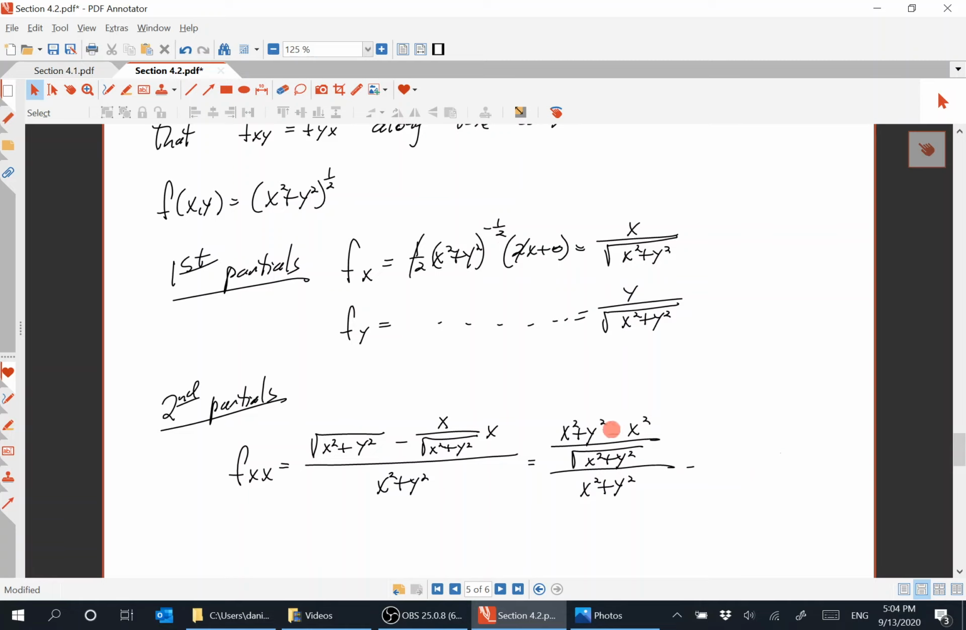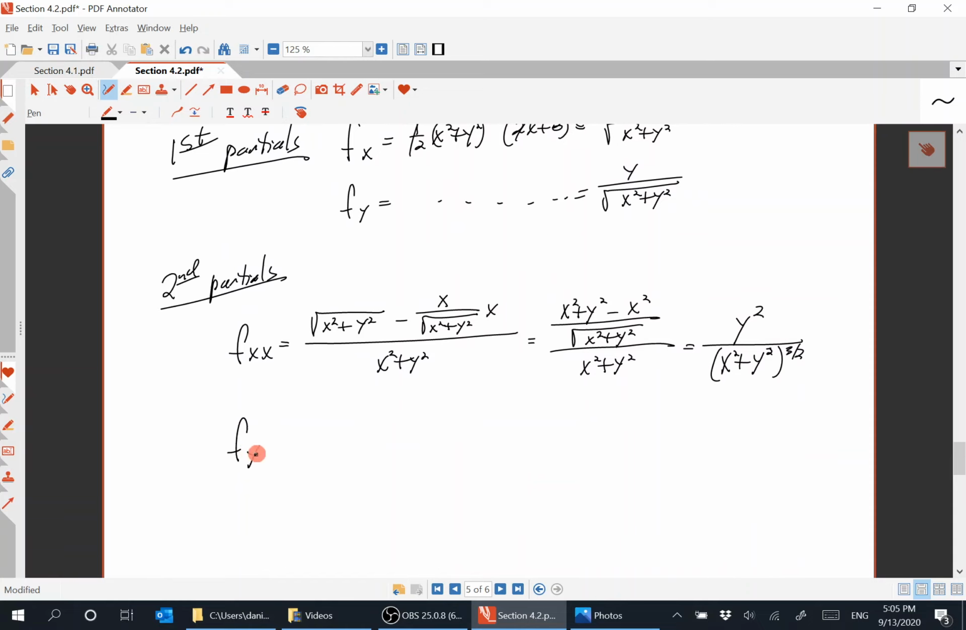Right? So I added these together with a common denominator, which is the square root of x squared plus y squared, and it looks like this, which is equal to, in the end, bringing this down here, y squared over (x squared plus y squared) to the 3 halves. So that's f_xx. f_yy follows the same pattern, and you get x squared over (x squared plus y squared) to the 3